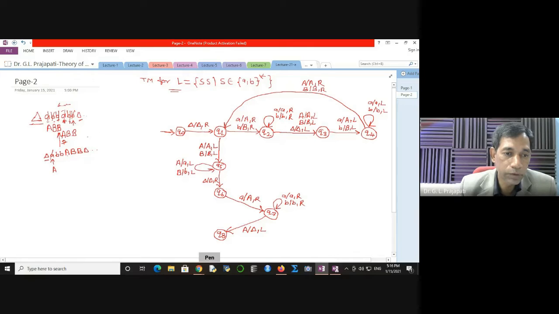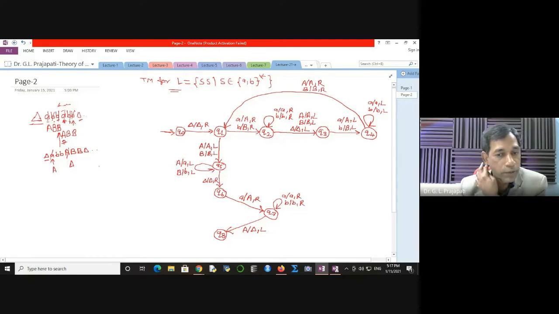So what you need to delete: you have small a, capital A going right. You have capital A, delete this symbol, because a and capital A are matching, means you are going to delete this, come back to the